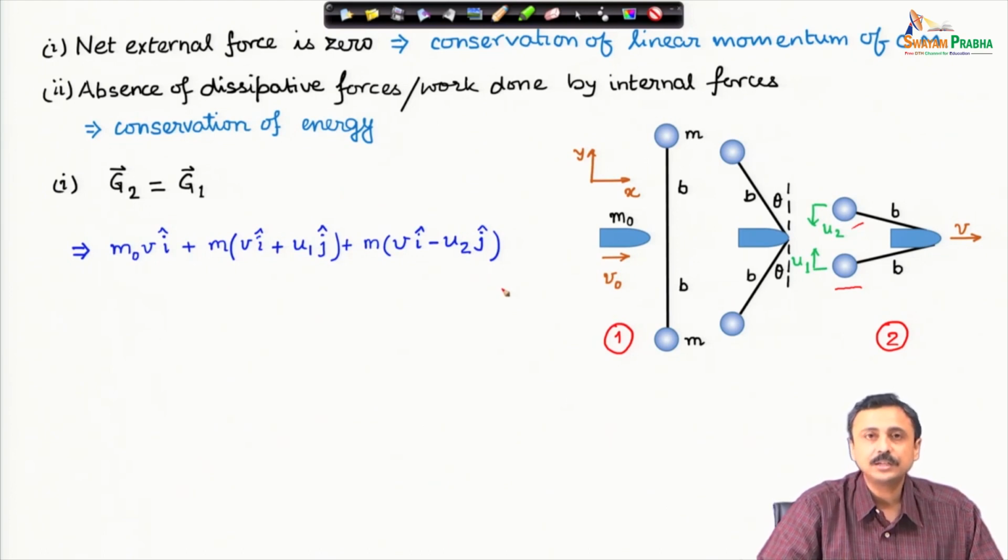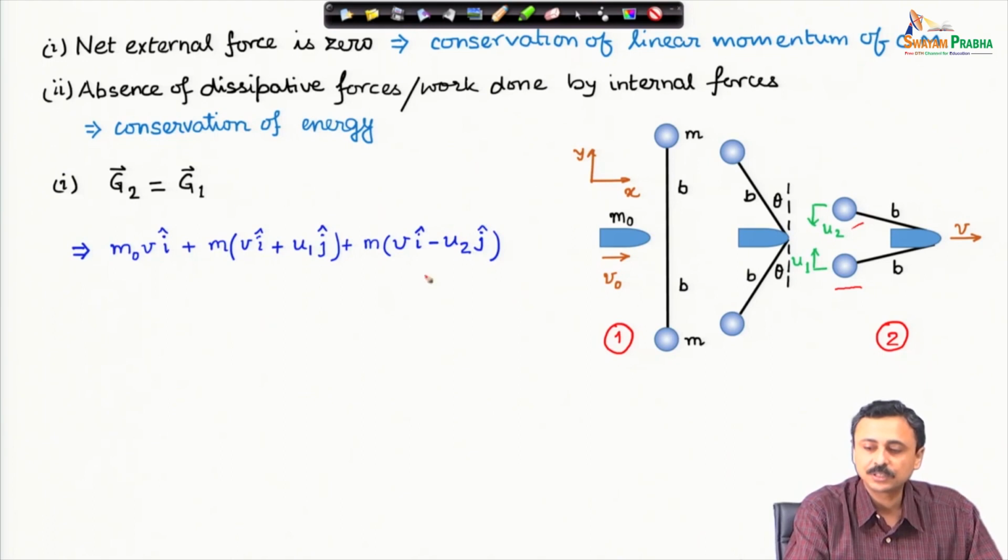So, u2 is the relative velocity. Therefore, the absolute velocity of the upper sphere is v i cap minus u2 j cap, and